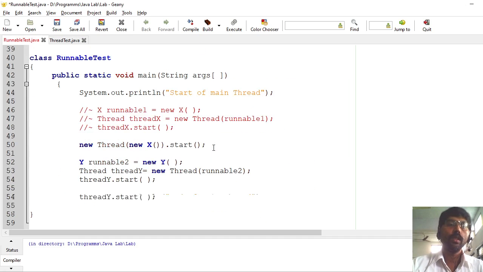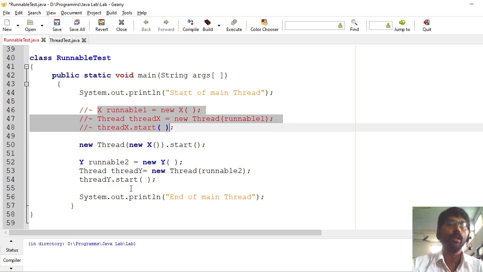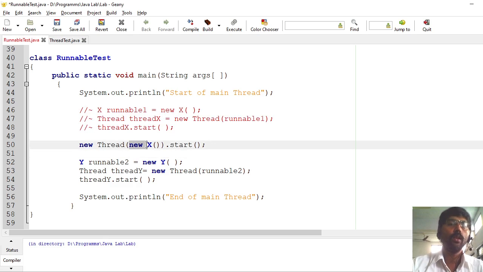Okay. Now in a similar way, this is the shortcut technique for all three steps here. Here the internal new X actually represents creating a dummy object of the class which implements Runnable. New X means the class which implements Runnable.